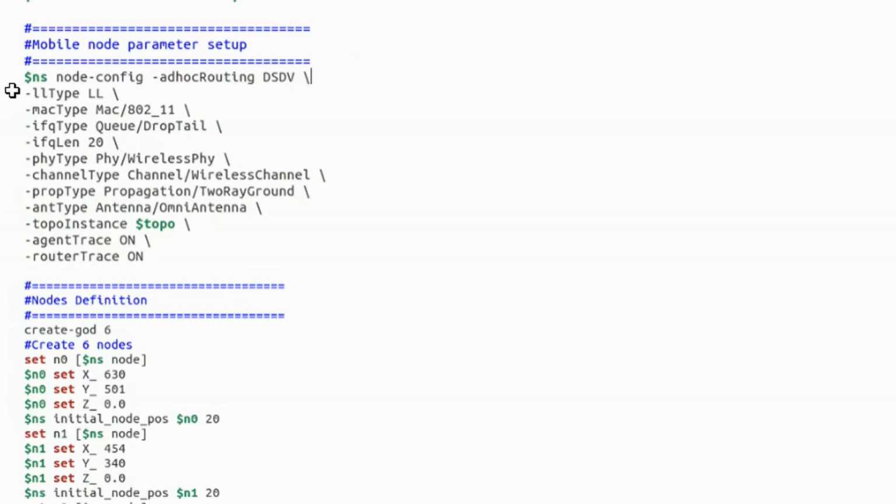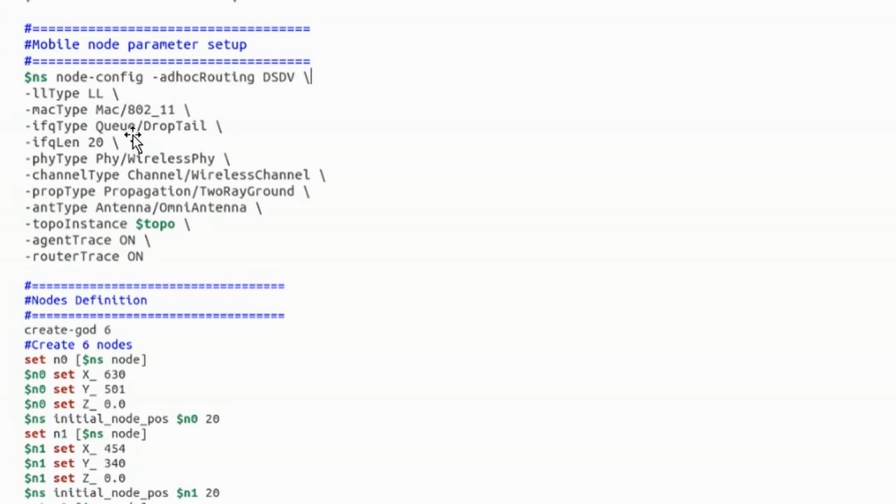Yes, we have defined that, and then we know, right, what the two sublayers of the data link are. We have already studied that in a previous program, that is program 3. So first is the logical link layer, so llType is LL, and then the other sublayer, the first one is logical link control, and the other one is MAC, right? For MAC here, for wireless we need to use 802.11.